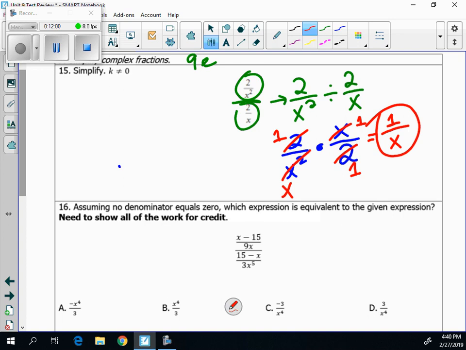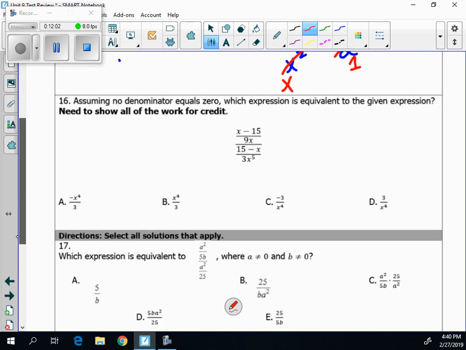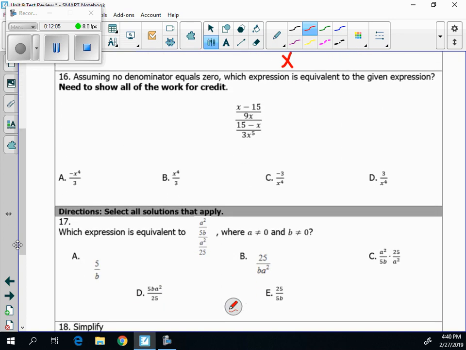Alright, next one. This one we can do the exact same thing. I'm actually going to keep, change, flip right away. Write it like we did in the first step last time. We can just keep, change, flip the last fraction. And the next thing I would do is this t minus x is written backwards. Usually you write the biggest exponent to the smallest exponent. So we're going to write negative x plus 15. So we should rewrite everything else. I'm a fan of rewriting things because it only takes you seconds, and that's less to have in your